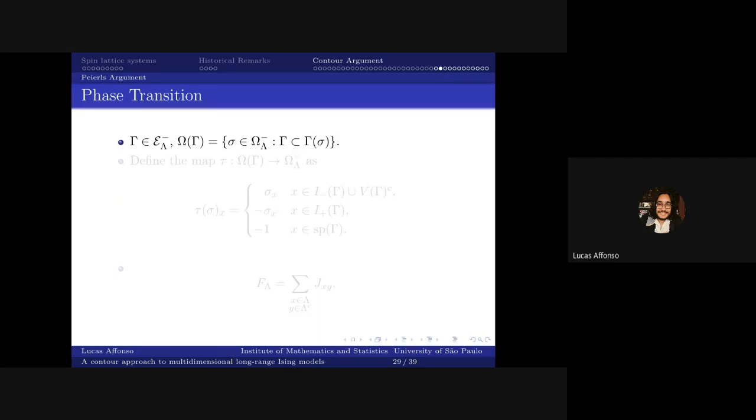And we define this map that erases a contour. As you may see, maybe it's not clear from this expression, but what this map does is erase a region of incorrect points by putting everyone to be -1. And in the positive interior, that is more or less the region where the plus correct points live, you make a spin flip there. So what is plus correct becomes minus correct, and what is incorrect is still incorrect by the spin flip. So what this map does is just erase a contour, and